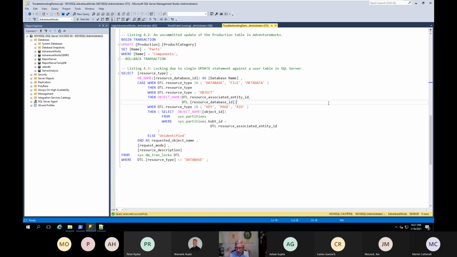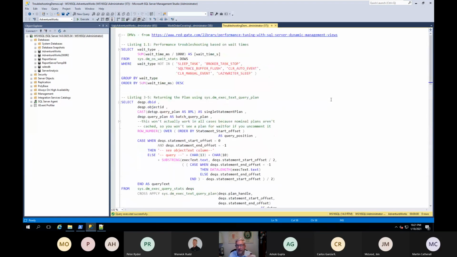So the point is that all these tools, be it Activity Monitor, be it Performance Dashboard, all use these DMVs to get you the information that you're looking for. You can tailor your own queries using those DMVs directly. And I strongly recommend you download and check out the details in Louis and Tim's book.